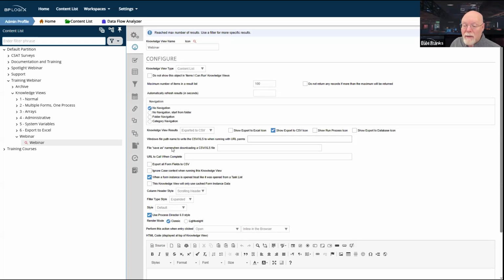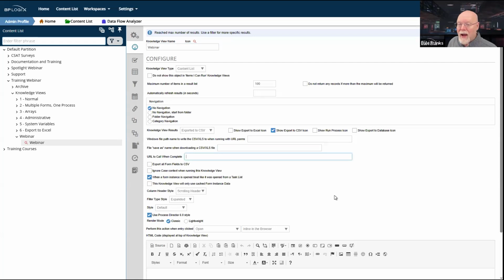And I also get some extra options. I certainly can download the file, or I can set a Windows file path to download the file. I can set a desired file name, because by default, the file name is just going to be webinar. So I could create a custom CSV file name. And also I could set a URL to call when complete.